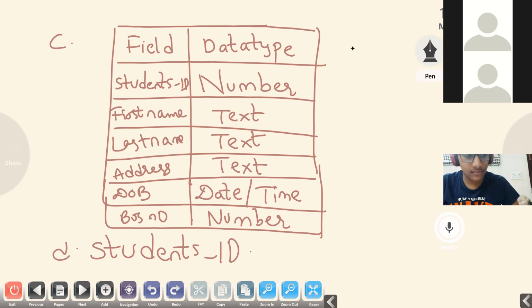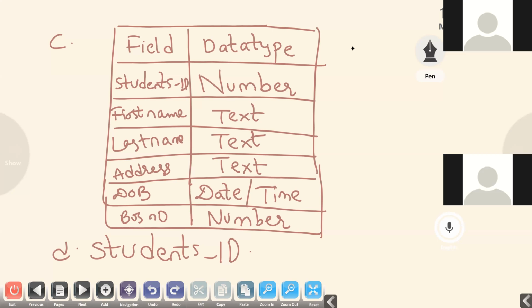Shrinika, tell me. Ma'am, what is that which you wrote on the board? That is C. Can't you see? I have written everything correctly. Ma'am, should we draw that table? Yes, for the C bit: list the data types of the fields. Ma'am, first we should draw this table? I said leave some place for the table. Afterwards, you can write. First, write the questions and answers. No, not this table. I'm saying the question.